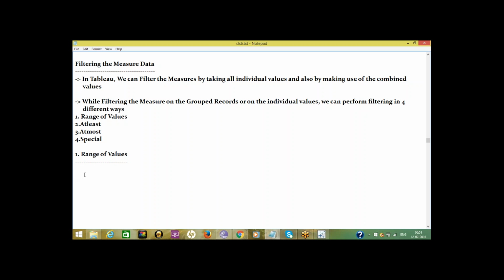Range of values means if you want to filter any measure based on a particular range, for example based on min and max, then we should filter the measure using range of values.